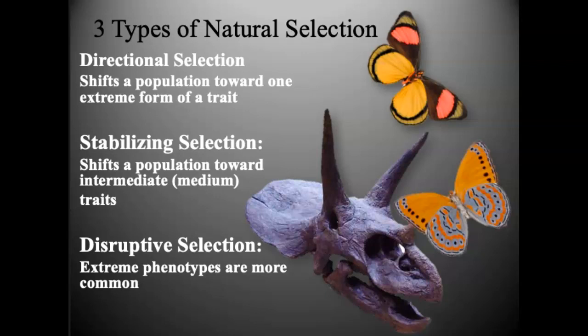Stabilizing selection is an interesting one. Stabilizing selection is when the middle form of a trait, or an intermediate form, is selected for. At first when I heard this, I couldn't think of an example, but there is a classic example of stabilizing selection that has happened to all of us, and that is our birth weight. If you look at the data, if you are born really, really big,